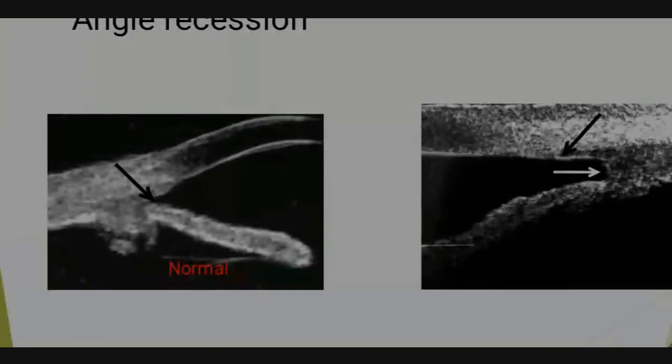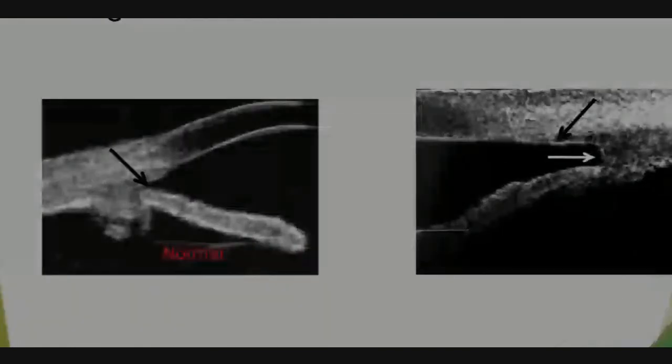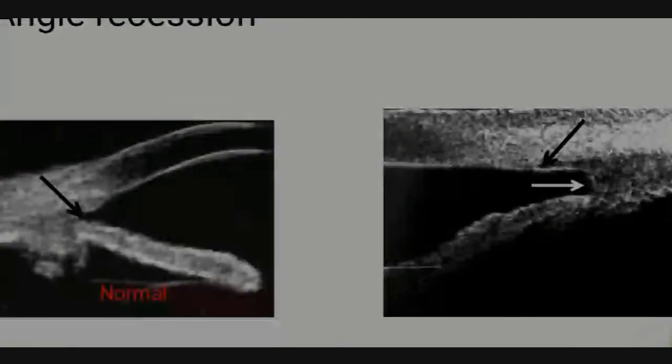Madhu, only in angle recession will you be seeing the angle like this, or in any other cases will you be able to see the same type of images? Mostly in recession only it will happen like this. The indication for recession is trauma or any other surgical way. Mostly it is trauma only, right?